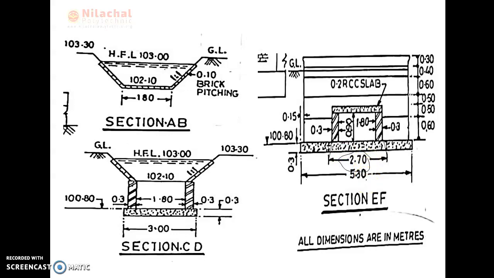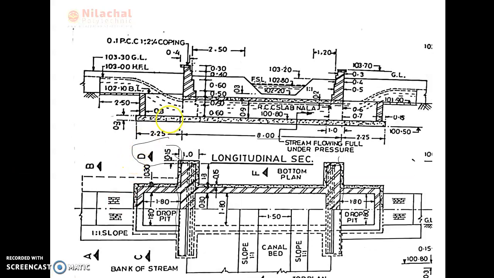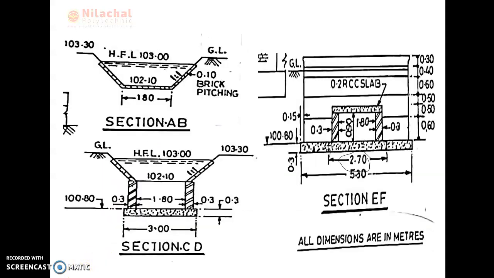What is the height of the siphon duct? We consider the height from the bottom of the foundation to the ground level, right? So here we need to check what the height is. Here the height is at the ground level position. So the total height of the foundation from the bottom to this part is 0.9 plus the cement concrete height of 0.3, which is equal to 1.2. Now you need to check here in the calculation part.